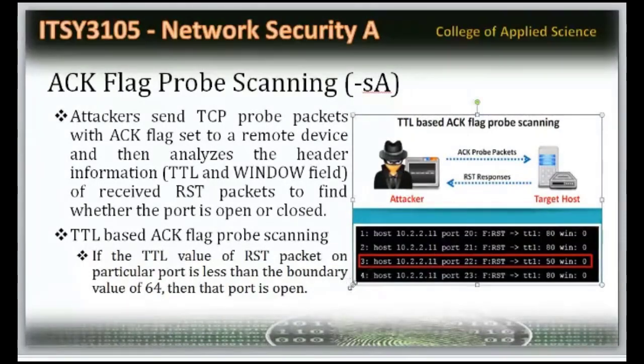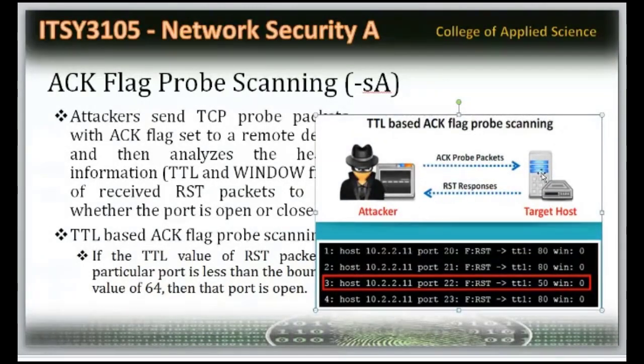You see, they are giving an example to us. From the first machine, we gave an acknowledgement packet. The reply is coming from this machine. It is a reset packet, an RST packet is coming. Now you can see port number 22 is open in this particular machine. The IP address of this machine is 10.2.2.11. I can even find the TTL value, TTL means time to live, of this particular machine. Everything I can find. So this is called the acknowledgement method.